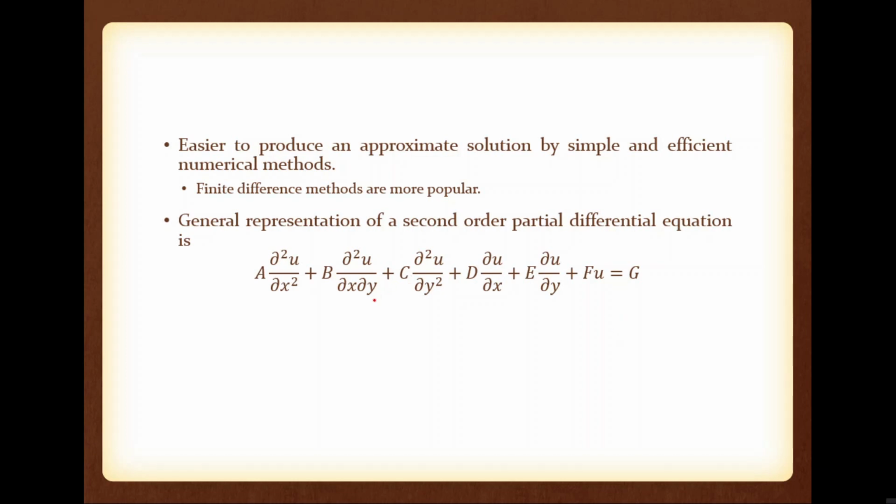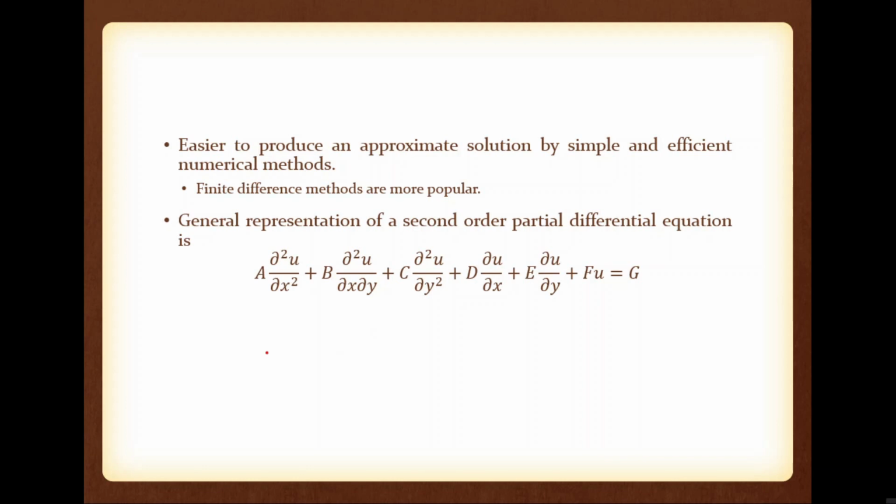By using the discriminant and also the number of terms available, we can classify the partial differential equation. Please note here, u is the unknown function, where u is depending upon the independent variables x and y, where x and y are mutually independent. Now one more thing is the coefficients a, b, c, d, e, f and g are also functions of x and y. Okay. So this one is a general representation of a second order partial differential equation.